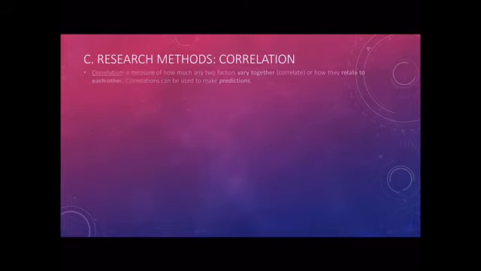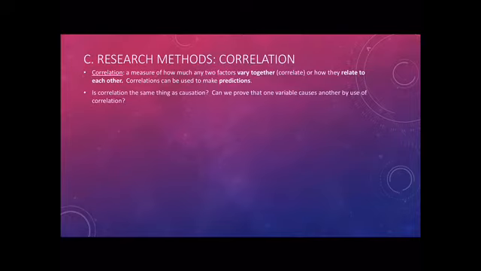Okay, correlation. There are two things that a correlation coefficient tells you. The first of those is the strength of a relationship. The second is the direction of the relationship. And what we can do with correlations is make predictions. We can predict that as one thing rises, another thing will rise with it, or as one thing rises, another will fall, that sort of thing. Correlation is not causation. You'll hear that over and over again in your scientific education. Correlation is not causation.